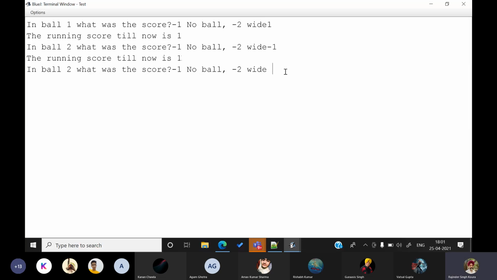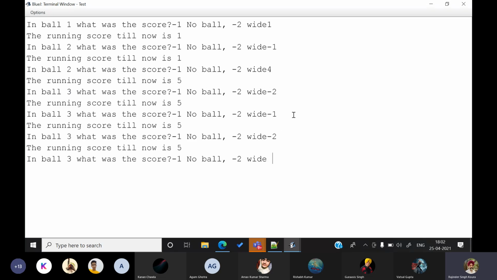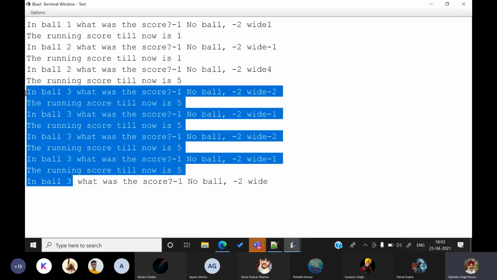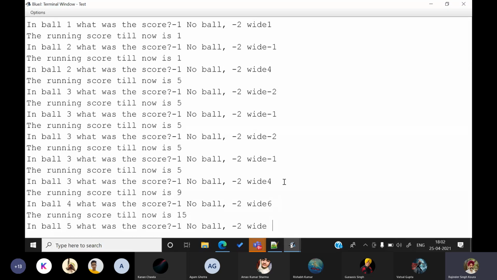Okay, it is fine, it is running, but this is not finally what I actually want. I need a better program than this. So if I write 4 for example, the score is proper, the ball has increased. I wrote -2, this was a wide for example. We are still stuck on ball 3. Now I say this was a no ball, this was a wide, this was a no ball, and still we are stuck on ball 3. You can see this now. Next is a 4, next is a 6, next is a duck,